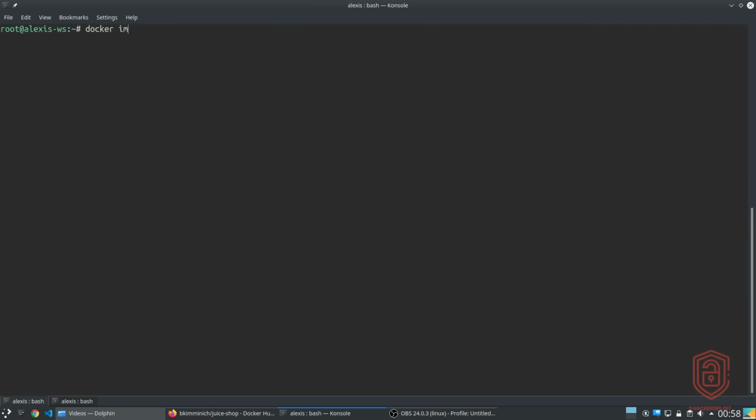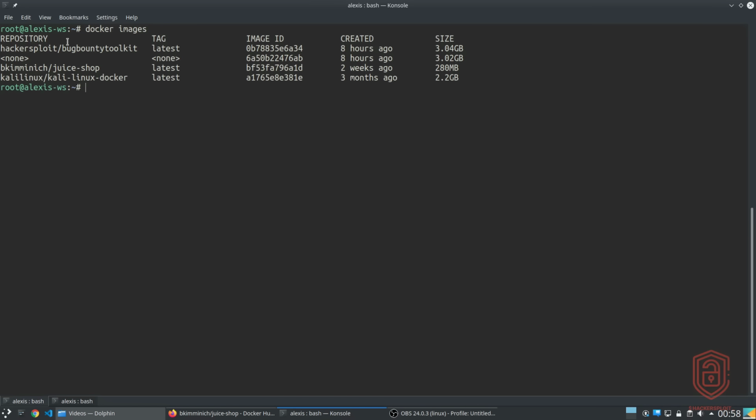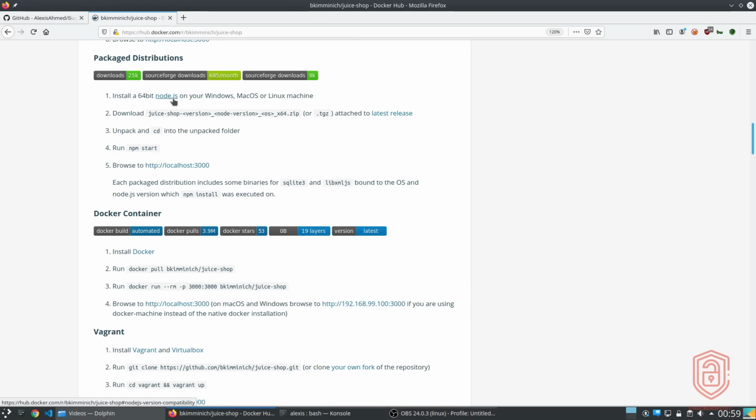And if we list the Docker images now, you can see that we have Juice Shop downloaded, and it's about 280 megabytes. Now, let me just show you why this is one of the greatest technologies in regards to deployment. If you take a look at the Docker Hub, you can see that we have excellent documentation regarding